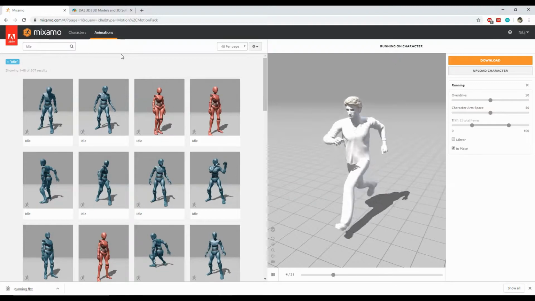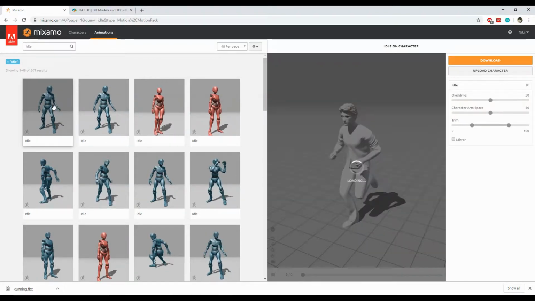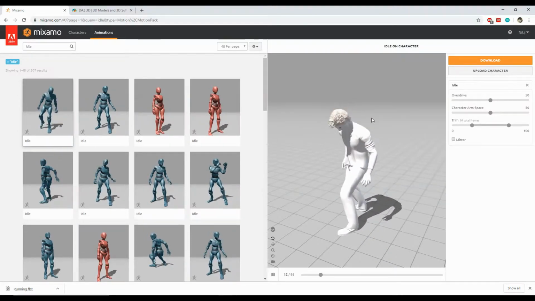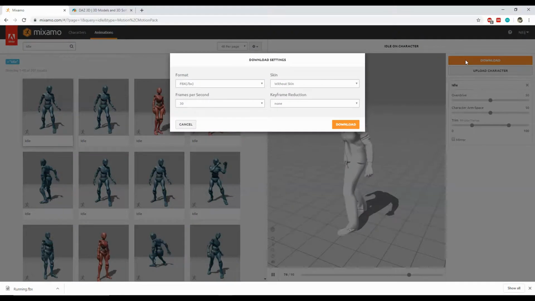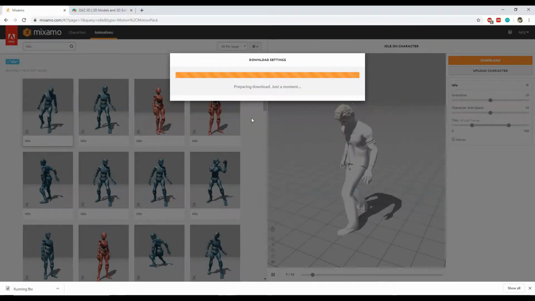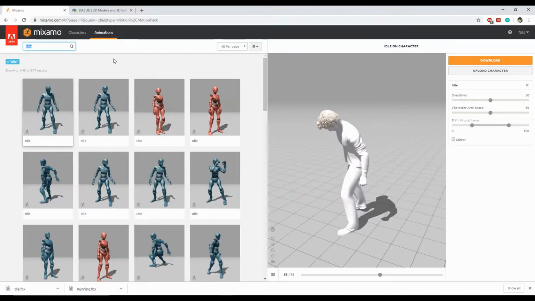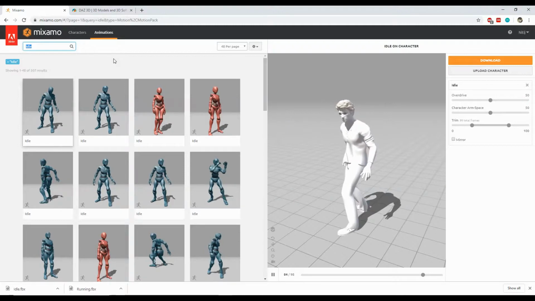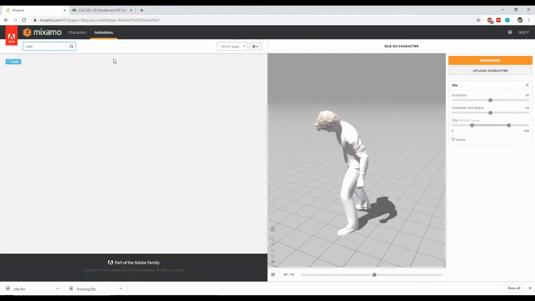So let's just select a suitable idle one. I guess let's just select the first one. Okay, so now click on the download button again, keeping everything same. And lastly, we need to search for a walking animation. So let's just search walk,